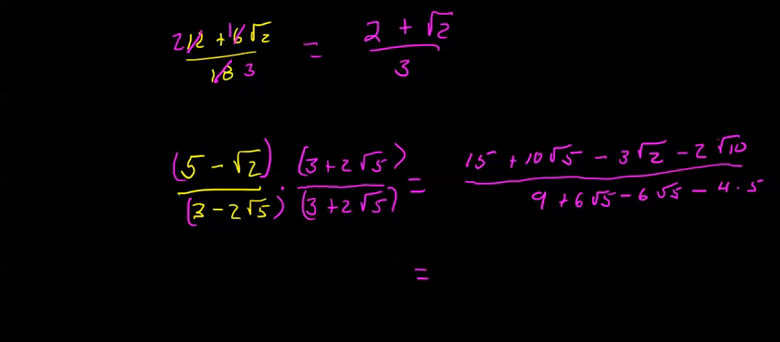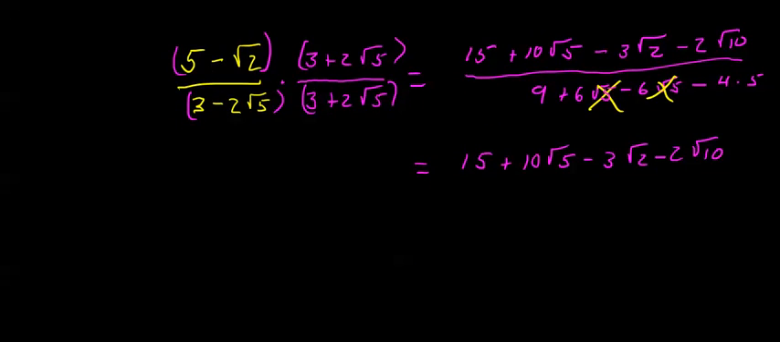The numerator is a mess. No other way to describe it. But none of these are like terms. The numerator stays what it is. 15 plus 10 radical 5 minus 3 radical 2 minus 2 radical 10. The denominator, these cancel again, and I end up with 9 minus 20,